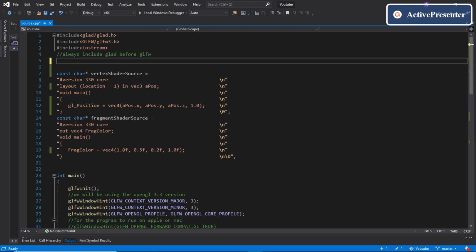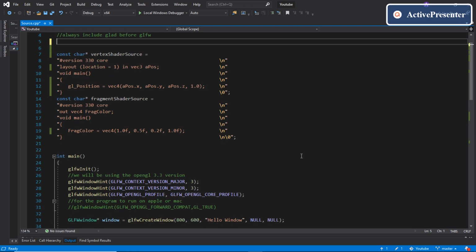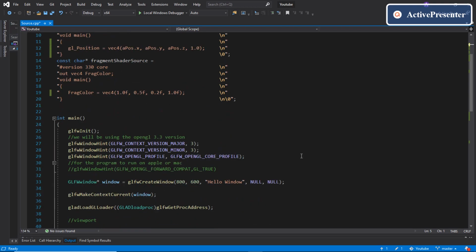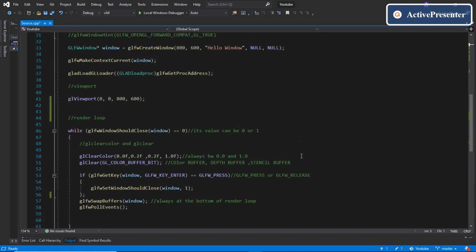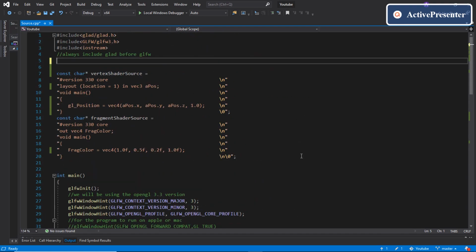Okay, so I hope you understood the graphics pipeline by now, and if not, just go back to the previous tutorial because the graphics pipeline is quite important for this tutorial. As you can see here, this was the same program we used for the previous tutorial of creating a first OpenGL window. However, you will notice two new things here. You will notice two strings, namely the vertex shader source and the fragment shader source. Basically, these are the source code of the vertex shader and the fragment shader written in the OpenGL shading language.